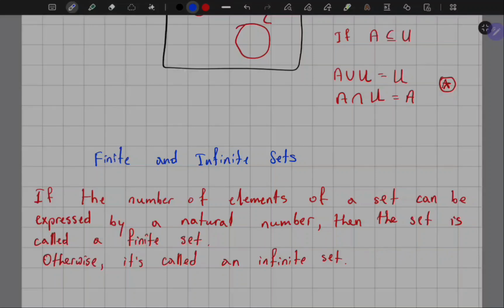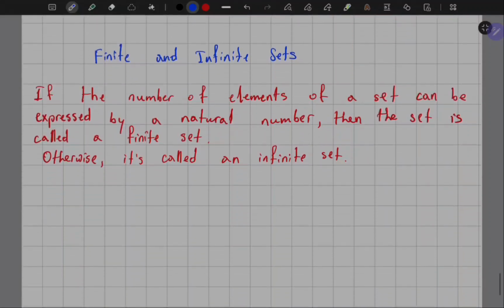Otherwise, it's called an infinite set. For example, let's remember our example from above. We have set A which contains 3 natural numbers: 0, 1, and 2. Here, the cardinality of A equals 3. So we can say that set A is a